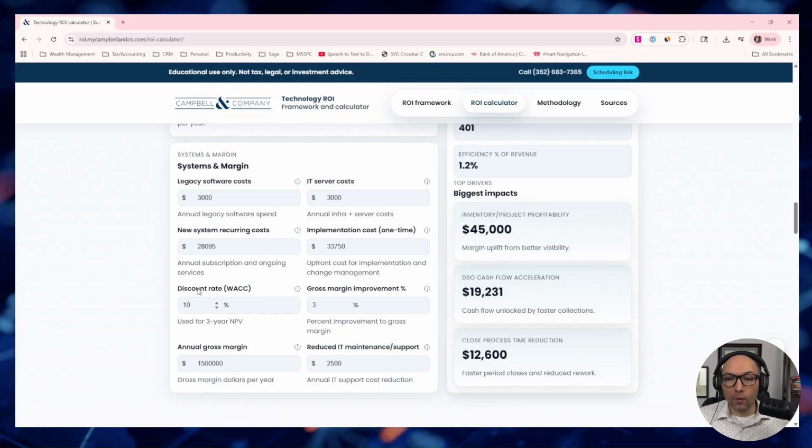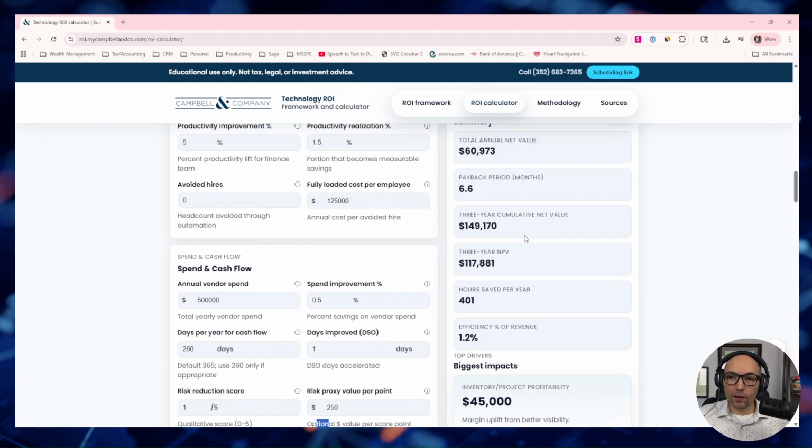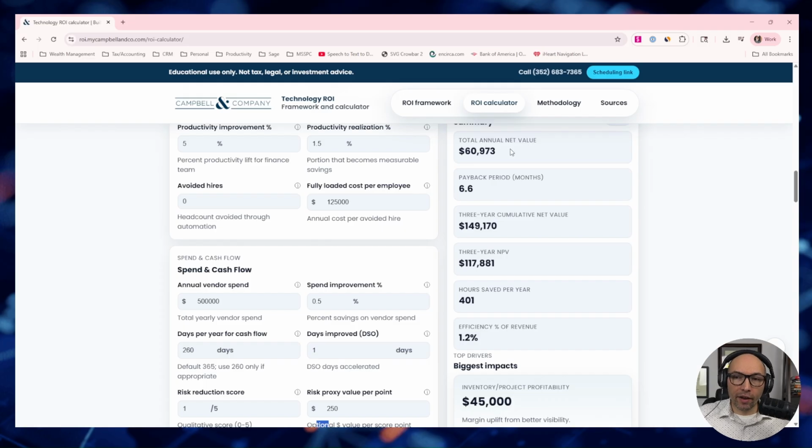And so with all of this, you can now see to the right your annual net value of this investment, $60,000 annual basis. Your payback period, 6.6 months. And over a 3-year period, $150,000 of savings.